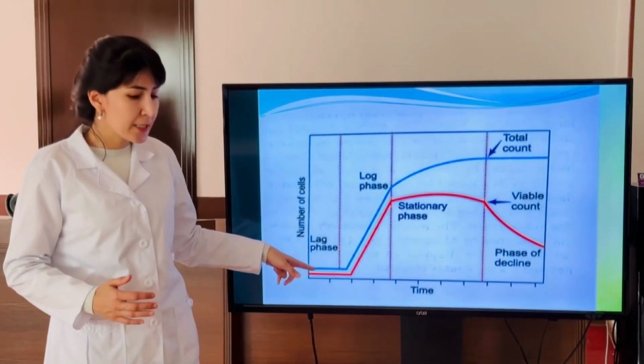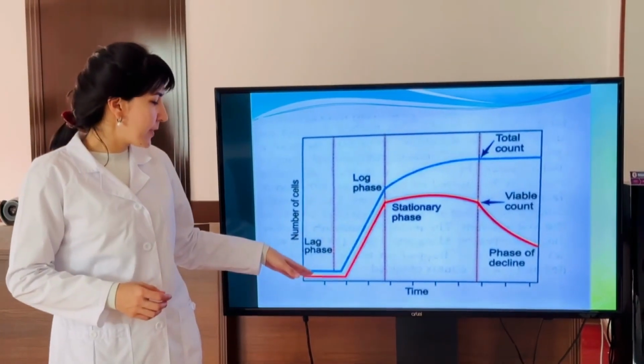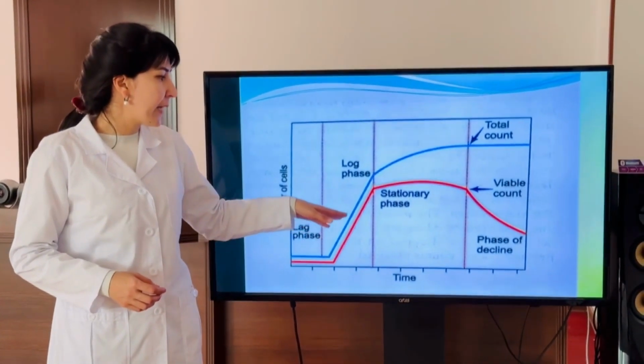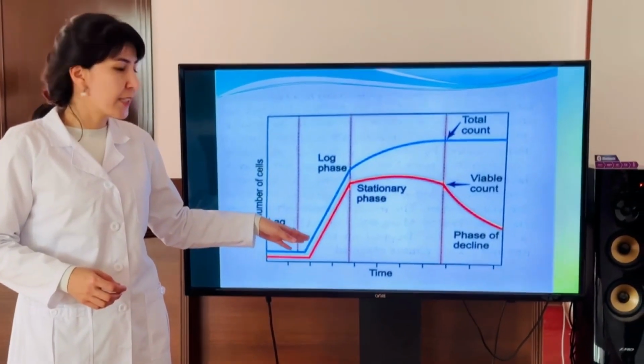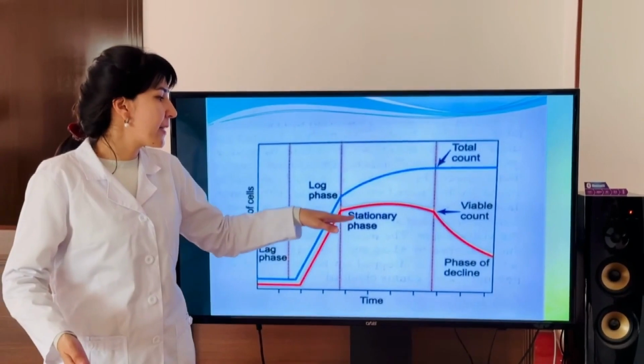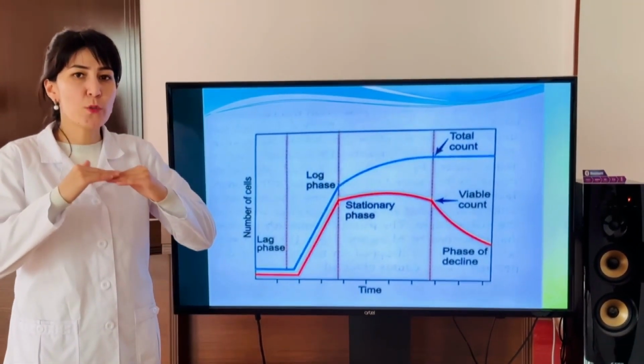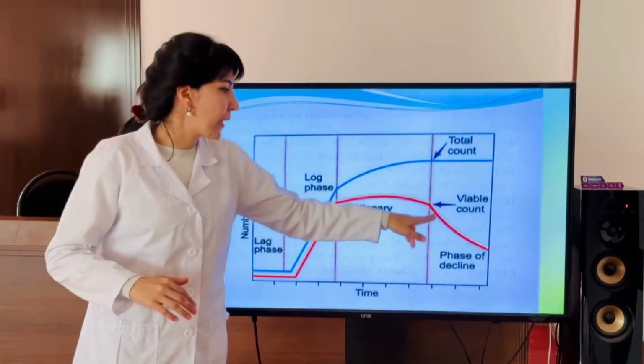When bacteria divide they go through some phases: first the lag phase, then the log phase. When we cultivate a culture, we first see the lag phase, and after that the bacteria divide to large numbers in the log phase, and in the stationary phase they keep this number of bacteria,